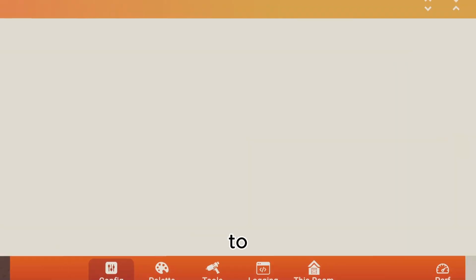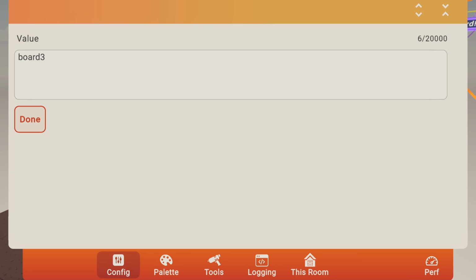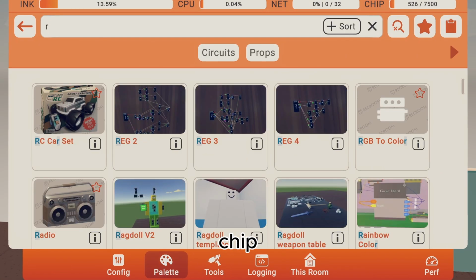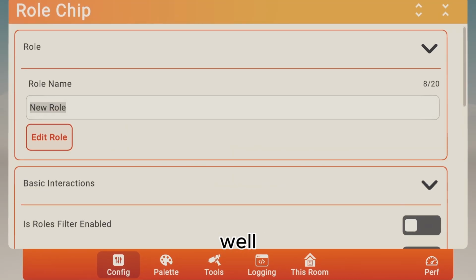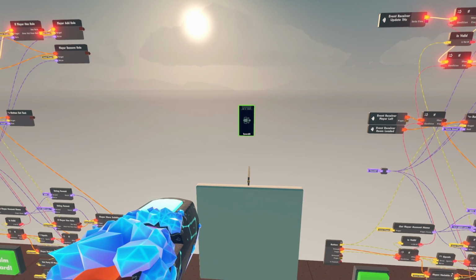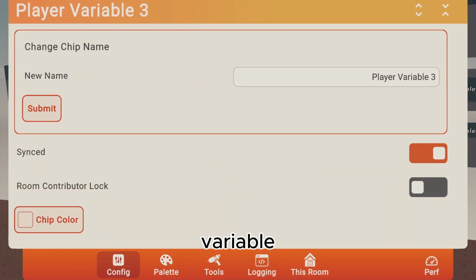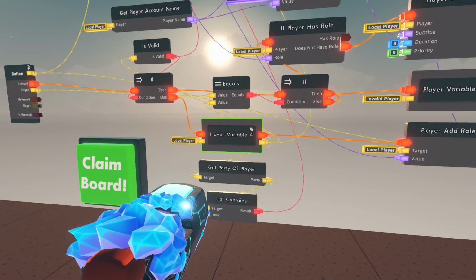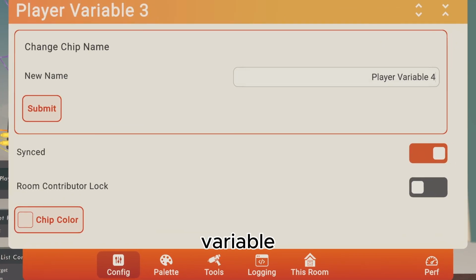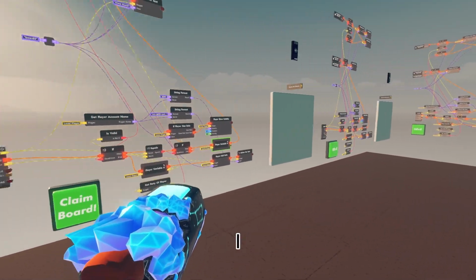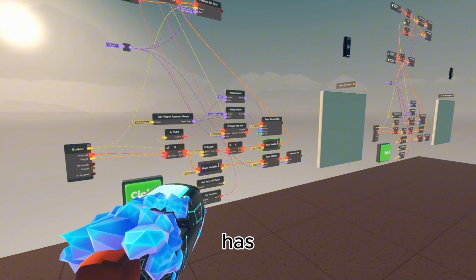Then I'm gonna change this to board 3. I'm gonna get a roll chip. We're gonna name this board 3 as well. And then I'm going to change the player variable to player variable 4, and player variable 4. So now since I have 3 boards, I will have to make 2 player has roles